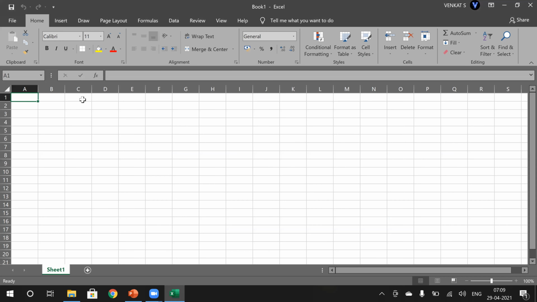So we know what is master data. Let's understand what master data is and what the importance of master data is in our regular life.